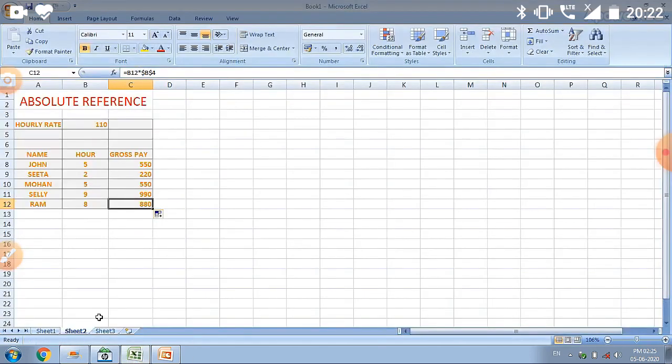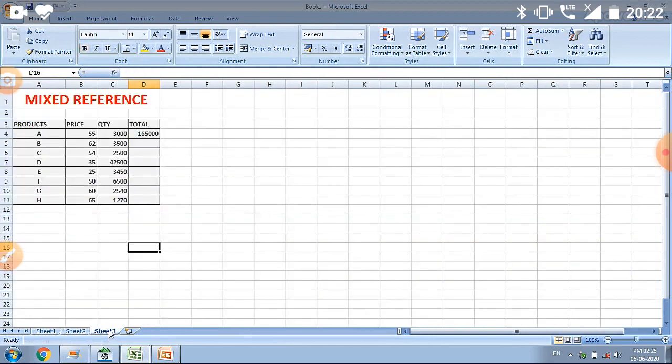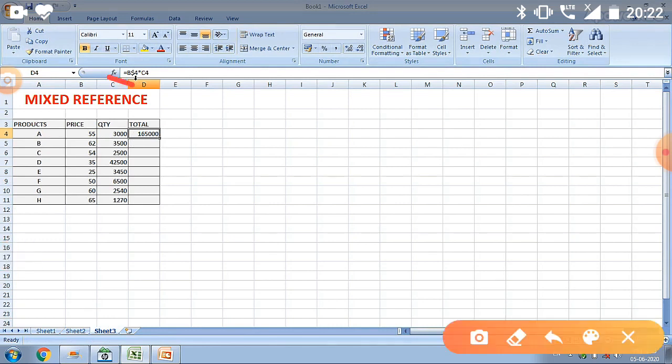We also read these things with the help of an Excel sheet. We write down price and quantity. Now we will write the formula. You can see that we fixed B4 and we did not fix C4. I fixed only the column. Now I will multiply it and calculate it.